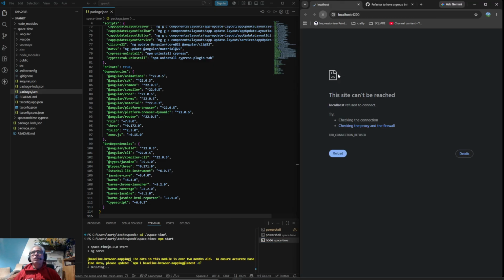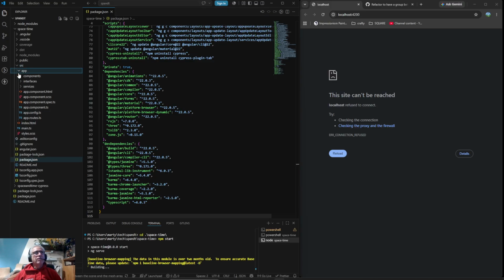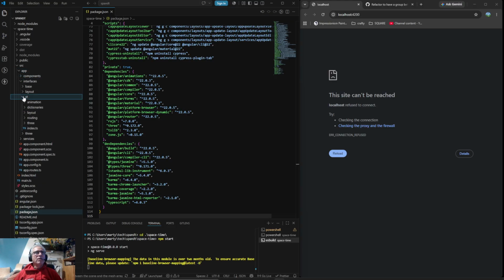Okay, let's see. We should be up and running. Oh, I guess it's still building. But basically, I don't know what the best. I feel like there's so many different directions to go. I feel like that's the part, right? We are right at the beginning of a new effort, and the most important thing at the outset is to very, very specifically get a good grip on what you're trying to do. And what I'm trying to do